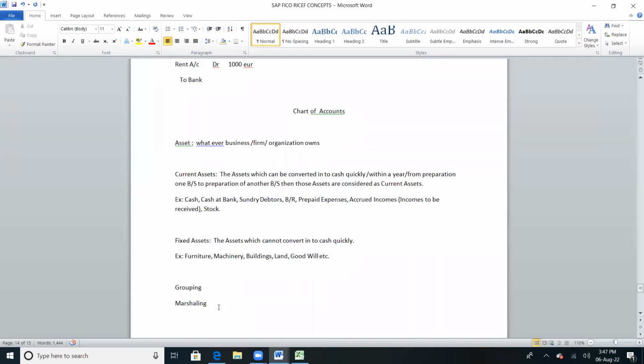Grouping is nothing but recording similar nature of items under one particular head. Similar nature of items under one particular head is known as grouping. For example, if I take